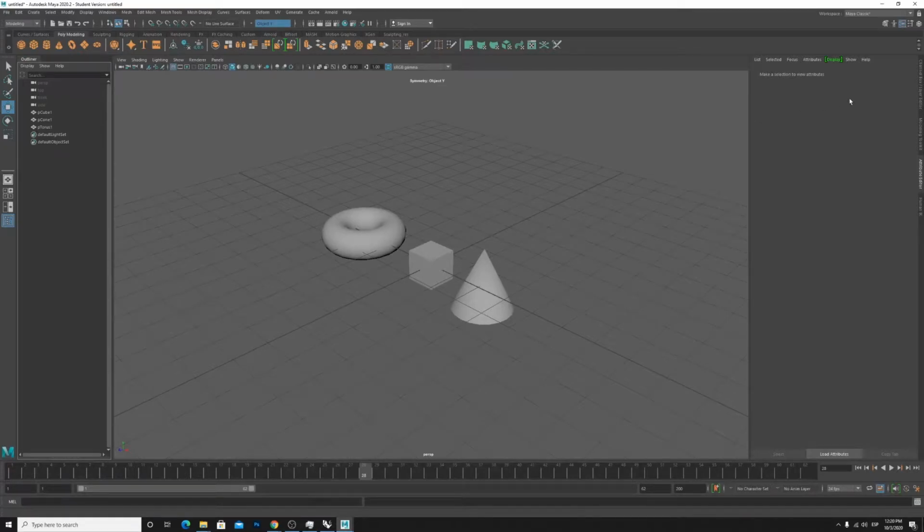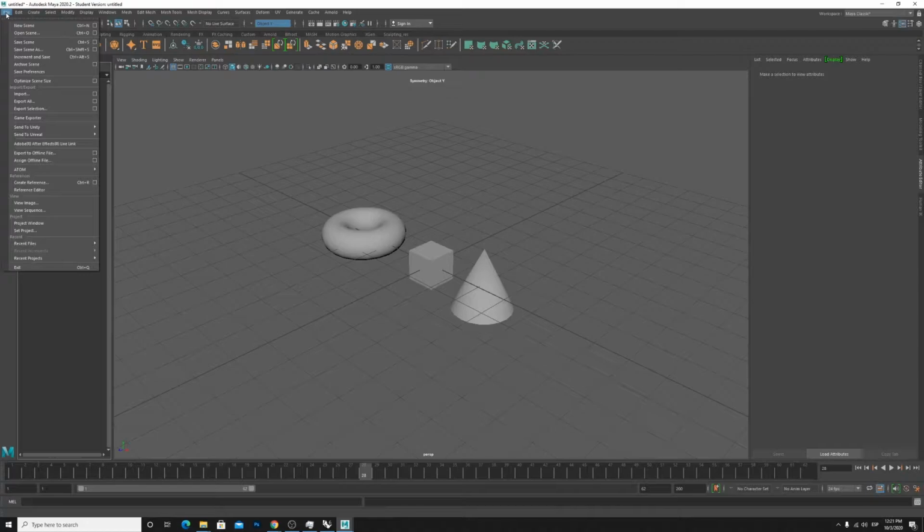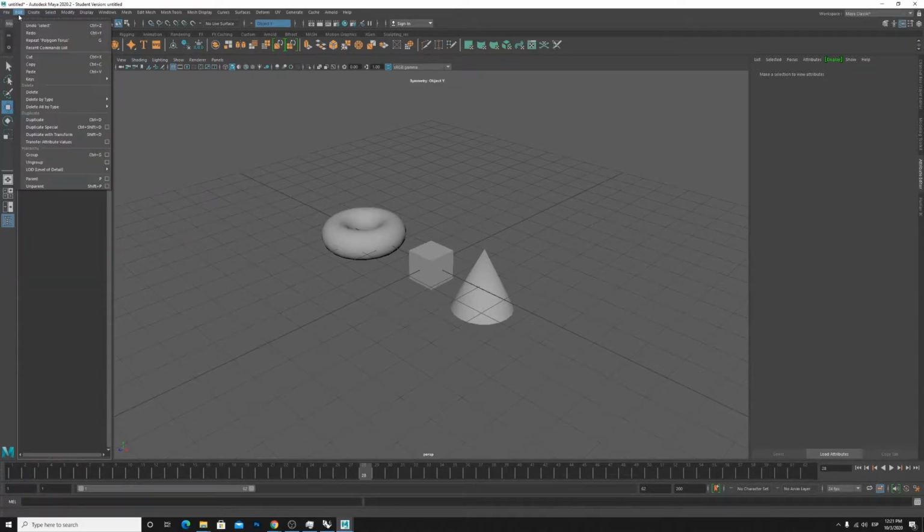So let's get started and familiarized with the Maya interface. It looks quite complicated, but once we dissect it, you'll see that all it is, is different ways of navigating through similar functionalities. So at the top, we have our main menu, and this is just like in any other software. And we have the main functions of file, to open, close your scene, edit, create, and then different